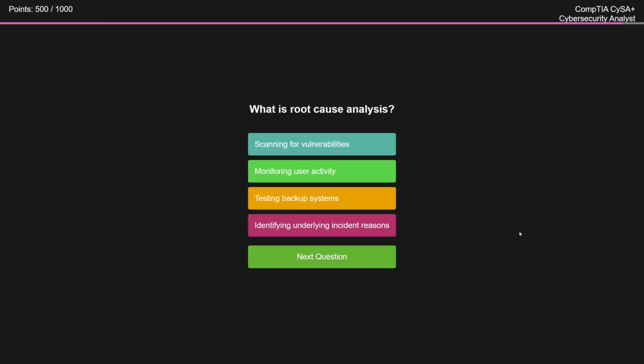What is root cause analysis? Is it scanning for vulnerabilities, monitoring user activity, testing backup systems, or identifying underlying incident reasons? So for me, it's going to be identifying underlying incident reasons, because